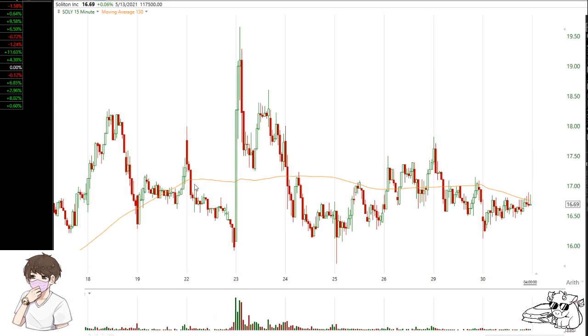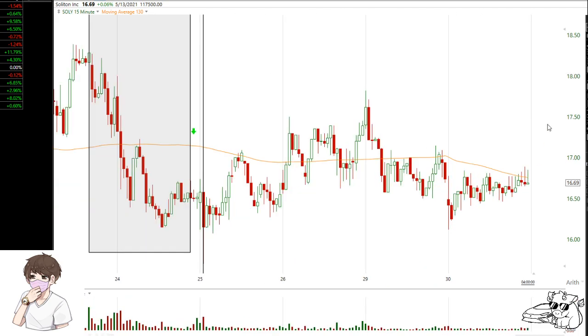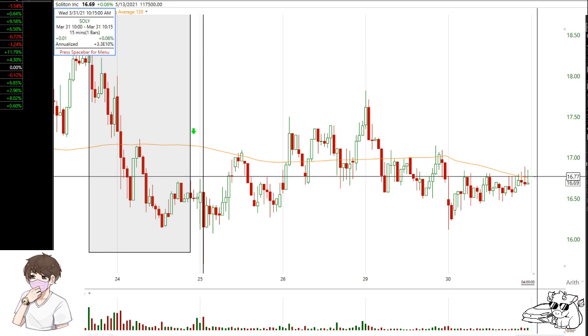But the thing is, you have to keep in mind that, by the way, this orange line is the 5-day moving average. And when the first hour starts tomorrow, we're going to start taking away data from 1, 2, 3, 4, 5, right? The data from right here will be gone. So this move downwards will be gone. So the 5-day moving average will actually start to rise and flatten out starting tomorrow